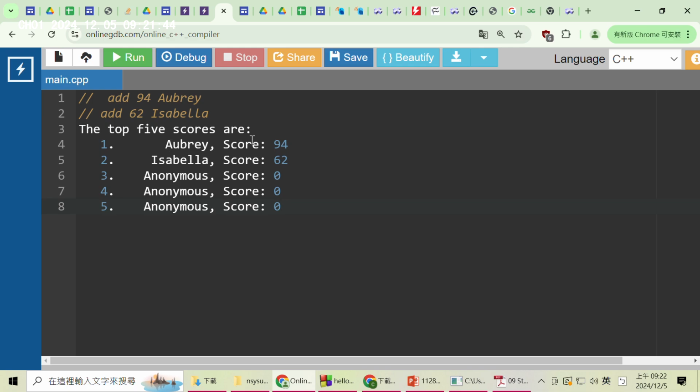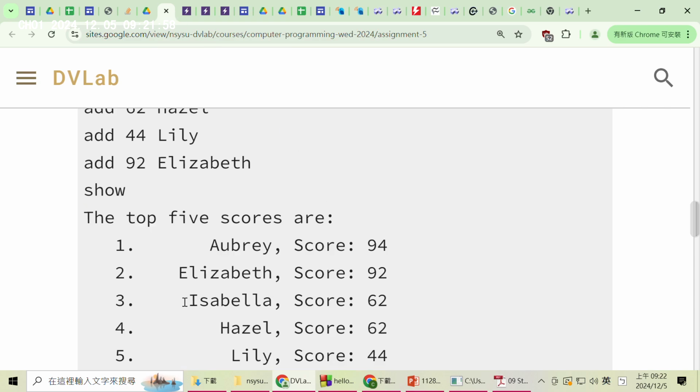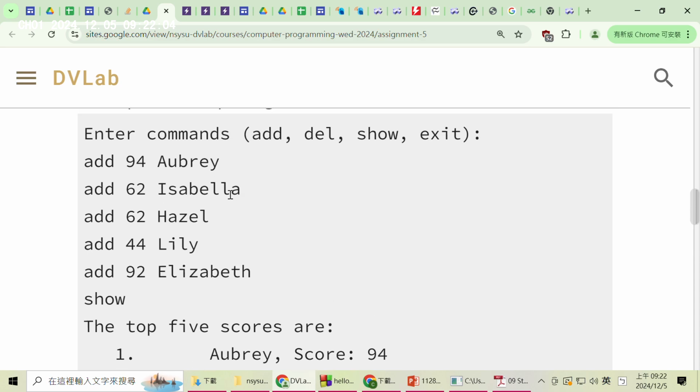The leaderboard is in descending order. So larger scores will be in higher items. And when you enter the third add command,